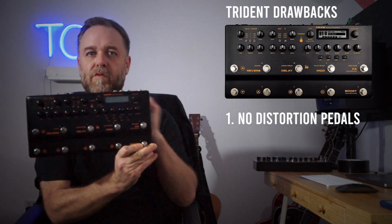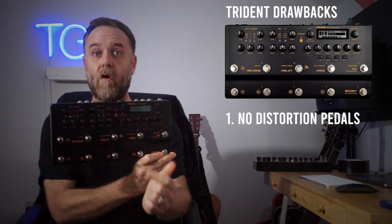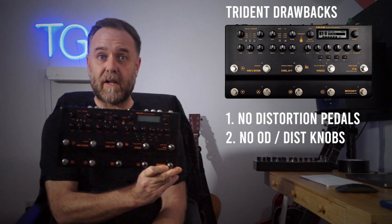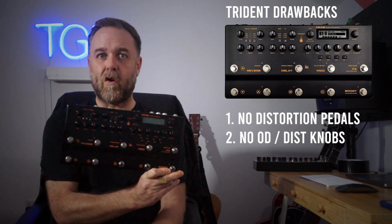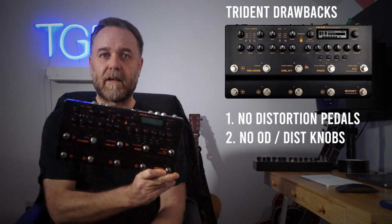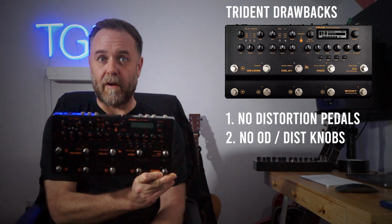There's no controls on the top of the unit anywhere for overdrive or distortion. So this is not intended to be something where you have a clean sound or a dirty sound and you add overdrive or distortion. The intention here is that you're getting the right gain level you want from your amplifier, and then you're adding